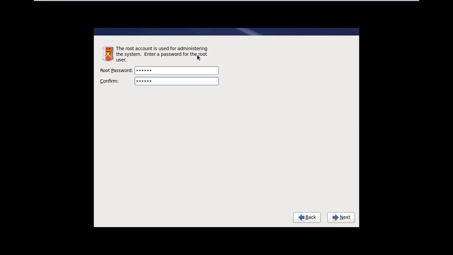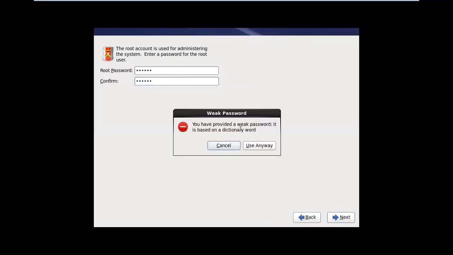Enter a password for the root user. So the root password is Red Hat. You can give any password, but don't forget it, because we will work as the root user. The Windows administrator account name is administrator. In Linux, the administrator account name is root.